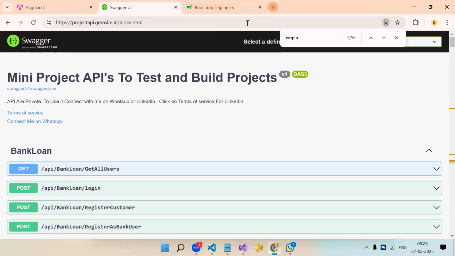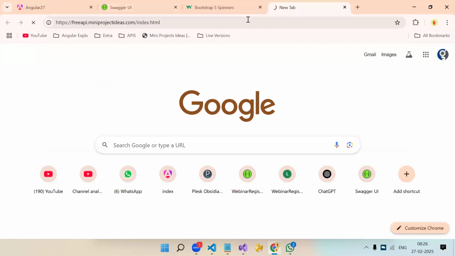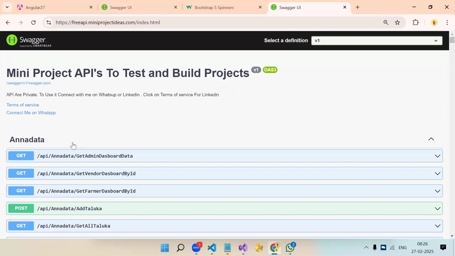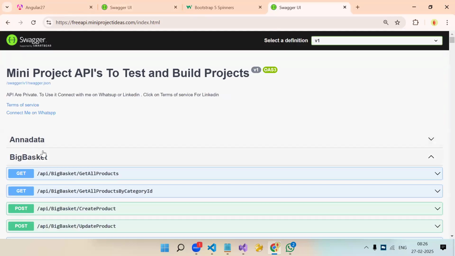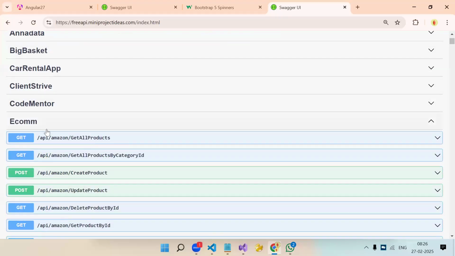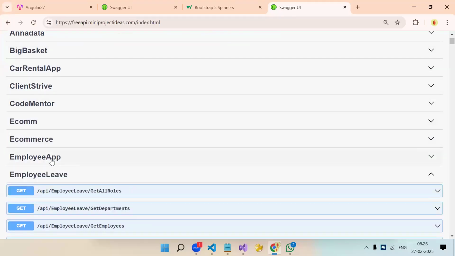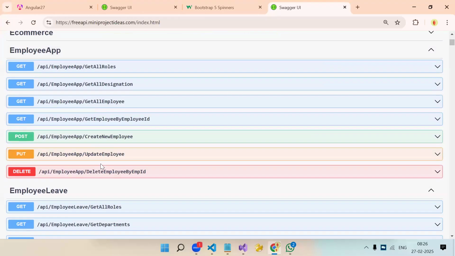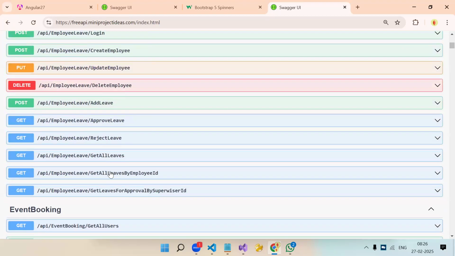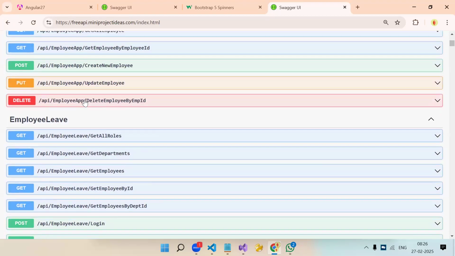Let me find another. Okay, let's do this. It's a very easy one, or you can do this also.